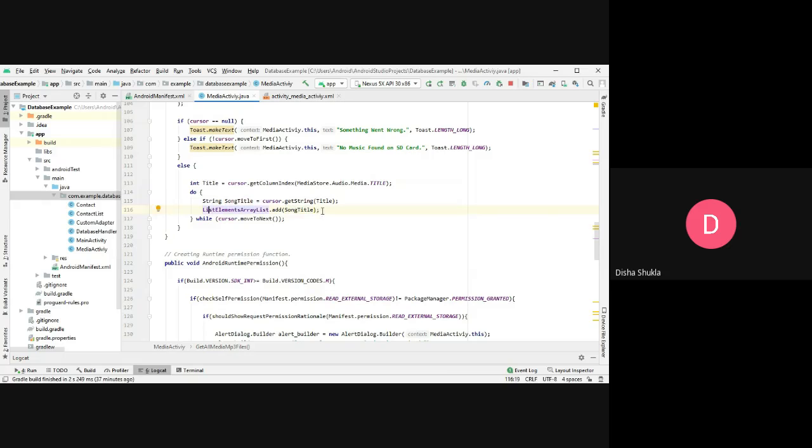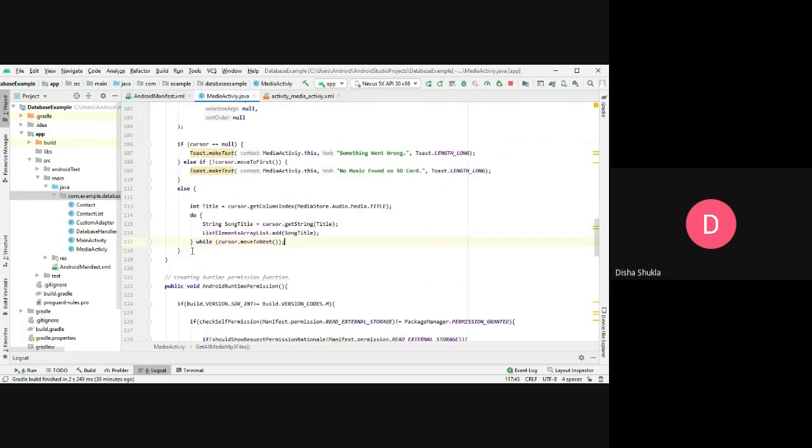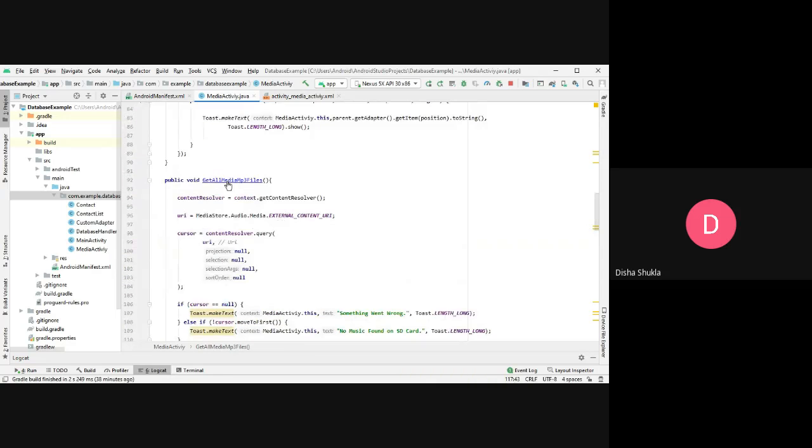And after that, as soon as I get the song, I am adding all those strings inside my array list using the add method. And here is my closing condition, cursor dot moveToNext. So what does this do? It will get me the list of all the songs from my SD card.